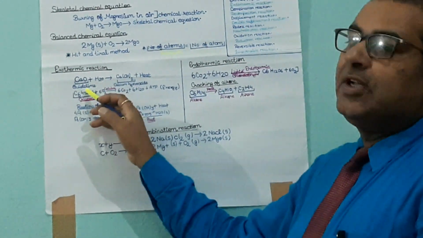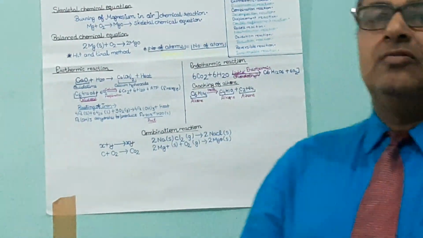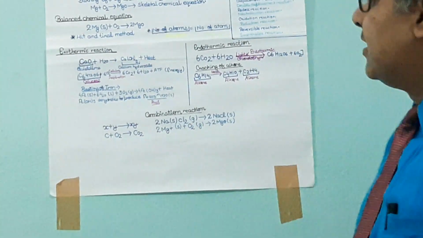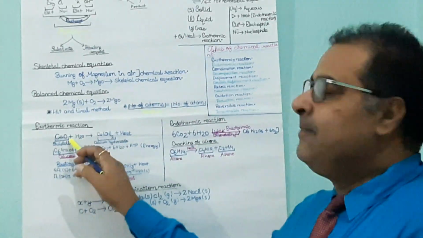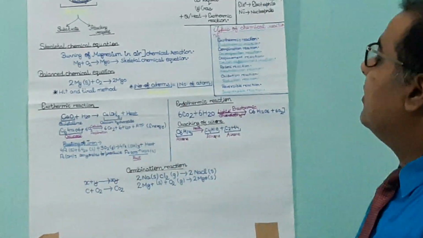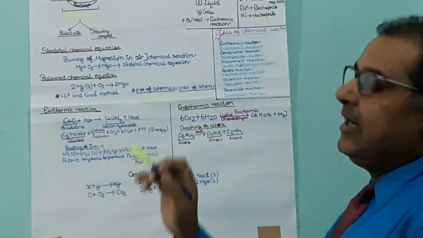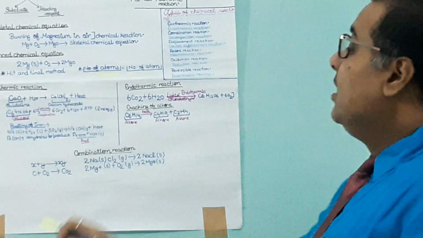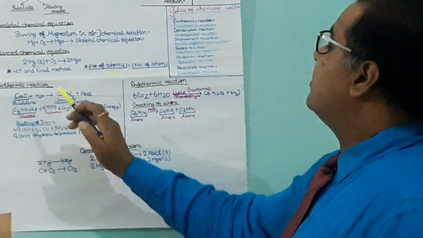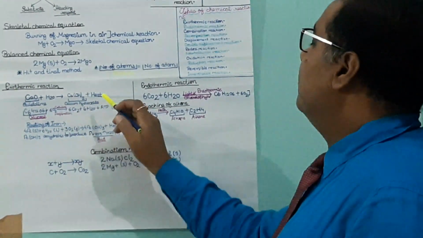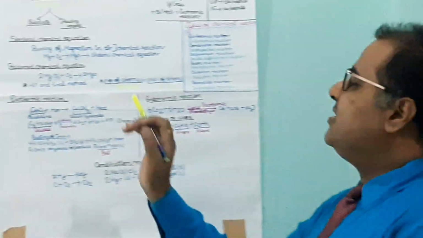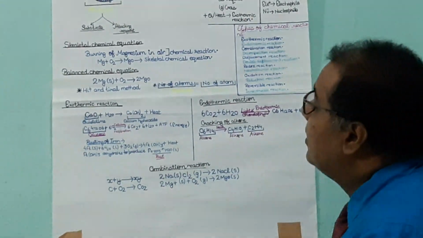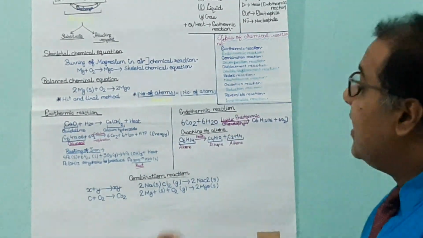reaction of quicklime, or we can say dissolution of quicklime in water. That is, quicklime means calcium oxide reacts with water, then it produces calcium hydroxide, that is Ca(OH)2, plus releases a heavy amount of heat. So this reaction is known as an exothermic reaction. Next example is